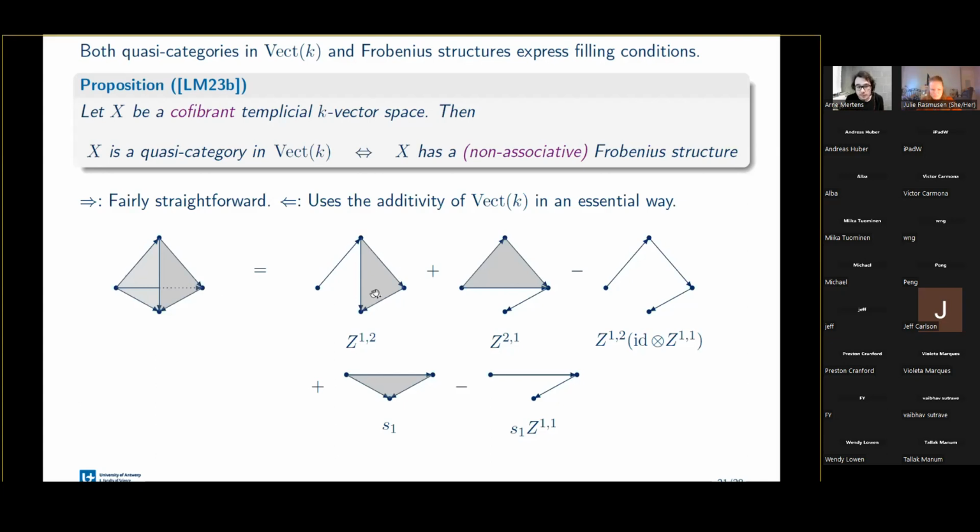This necklace, for example, would cover this face of my horn, this necklace would cover the back face, and then this necklace, which is just a single simplex, but in particular also a necklace, would cover the bottom face. And this I can fill in with my Frobenius structure. But then notice that I've counted some things double, like this spine here, which appears in both of them. So I need to subtract it because I've counted it twice. That's the idea, if you will. So I also need to fill in the spine separately and subtract it. And a similar thing goes on at the bottom here.